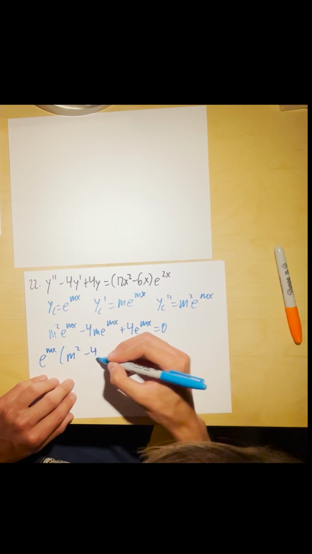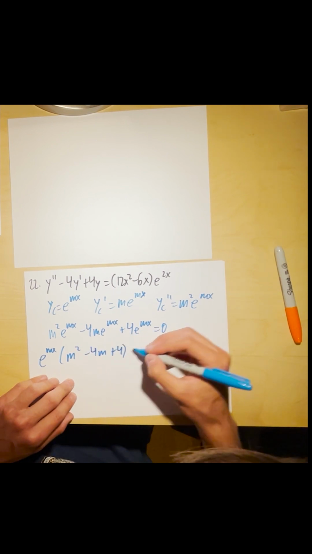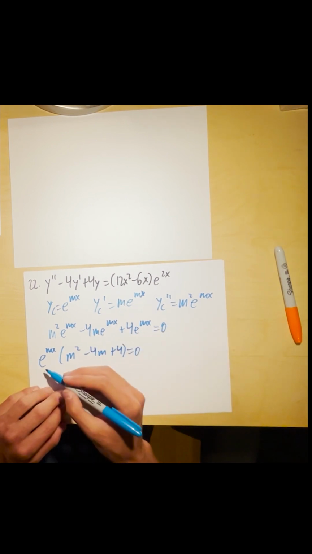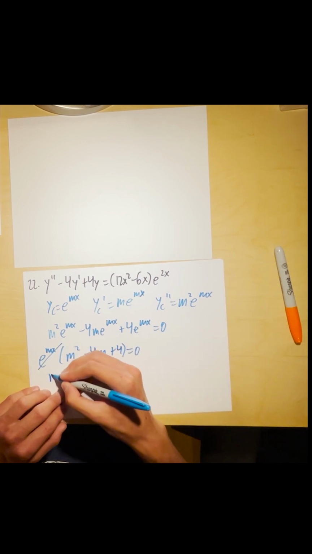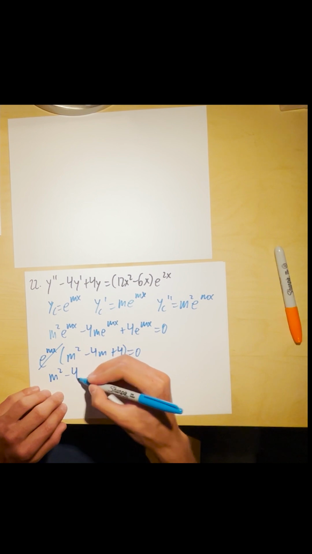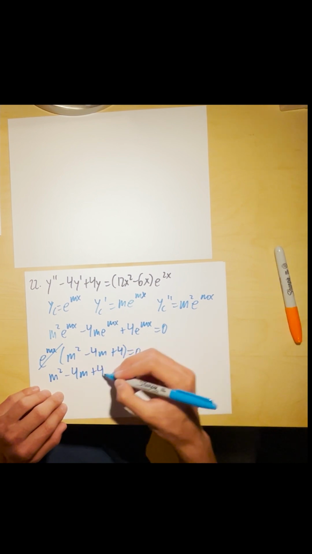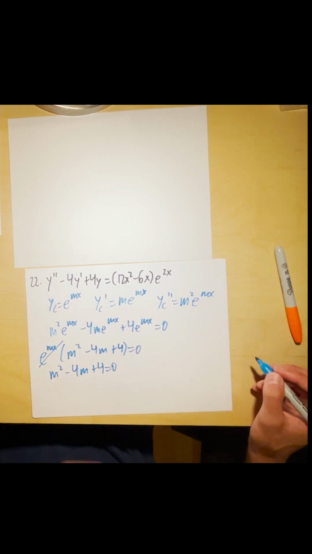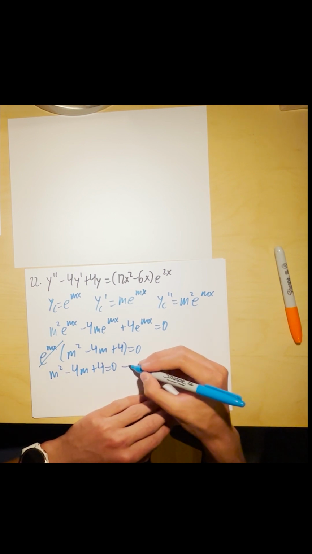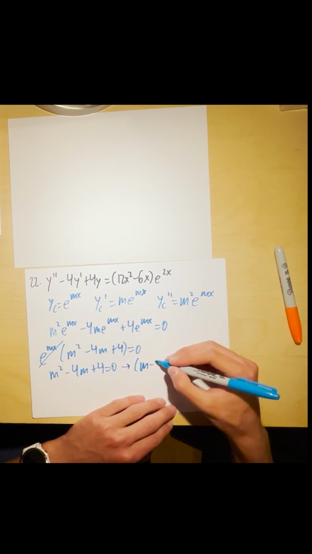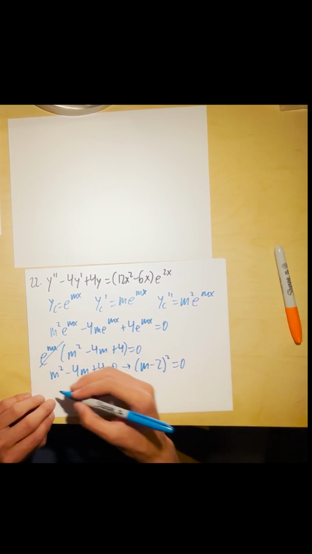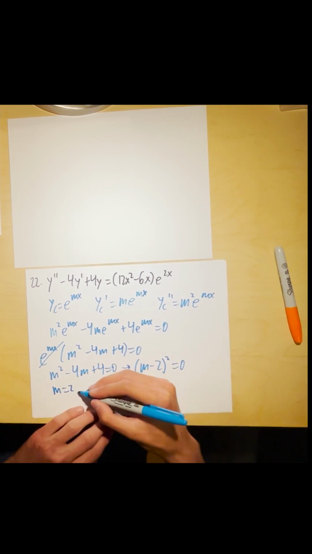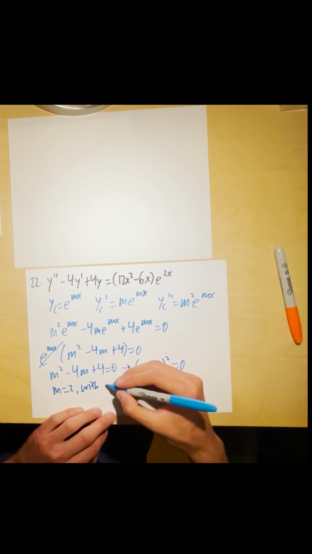I'm just going to divide through by this and cancel that. Now we have m squared minus 4m plus 4 equals 0. Nice little factoring gets us m minus 2 squared equals 0. And so we'll get m equals 2 with multiplicity 2,